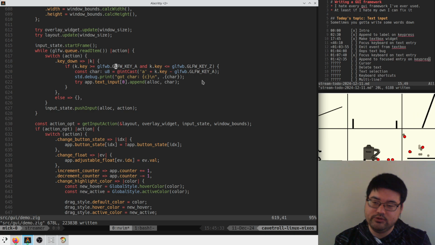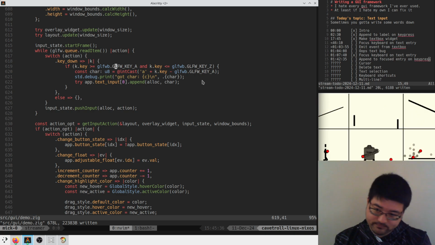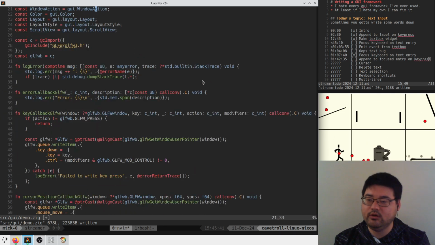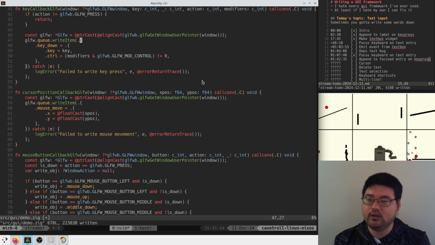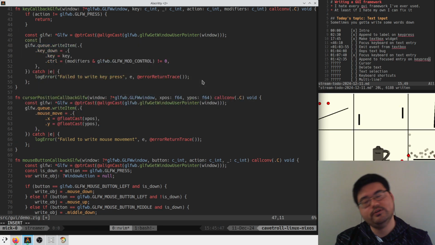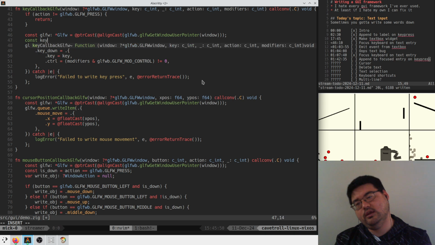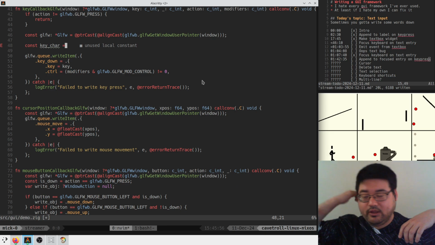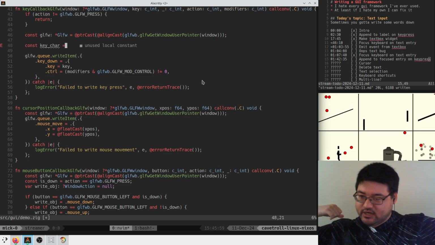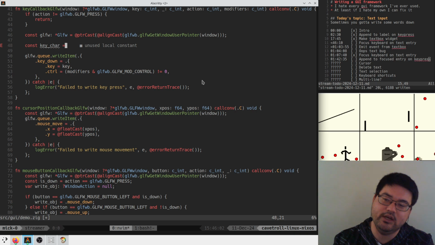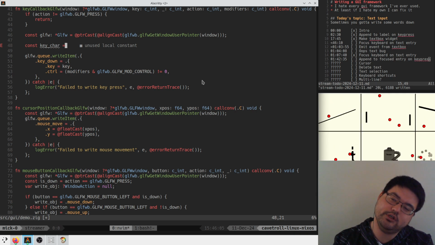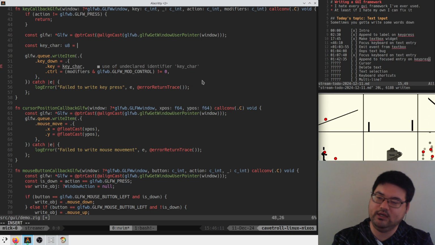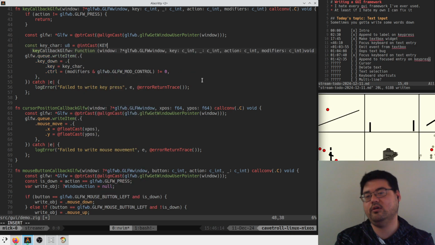And I think what we're gonna do here is instead of doing the GLFW conversion here, we should just do the GLFW conversion here. Sorry, when I say here, this is literally when GLFW gets a key press, it calls this function and then we write this action into a queue. We're just doing the conversion here so that the queue is generic. So key callback is here. And what do we say? This is like an int cast of